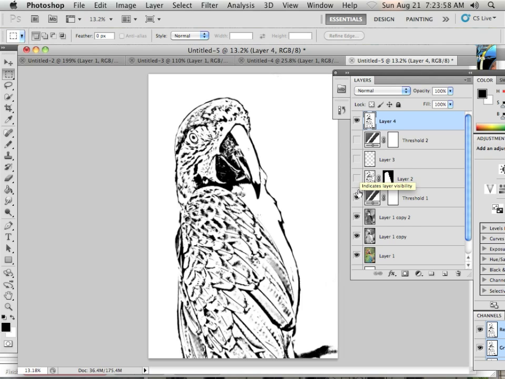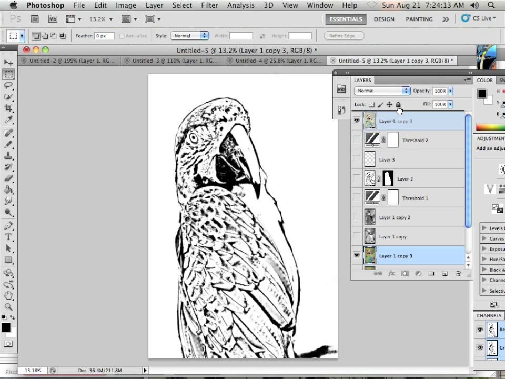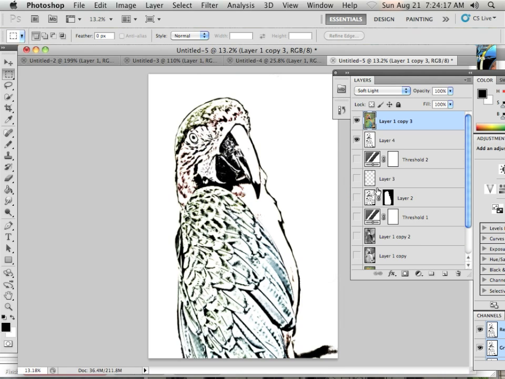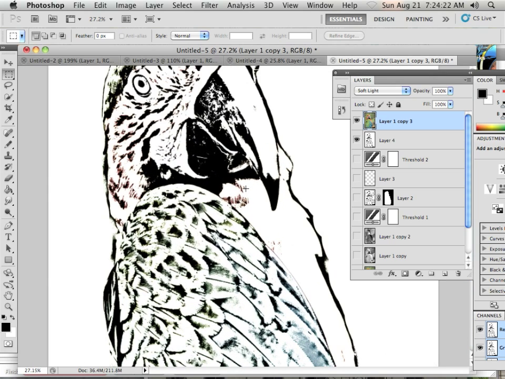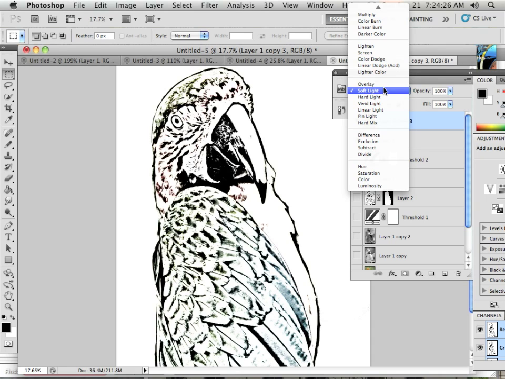It always looks cool if you play around. So always think about, I have black and white and I have color, and it's very close to each other. What happens if I take this piece, duplicate it, put it on top, and turn it to soft light? Okay, you're going to get these illustration pieces that really stand out. And you can play around with